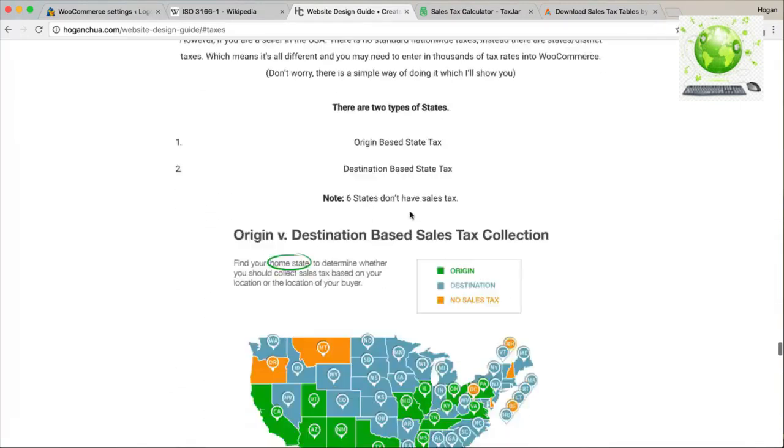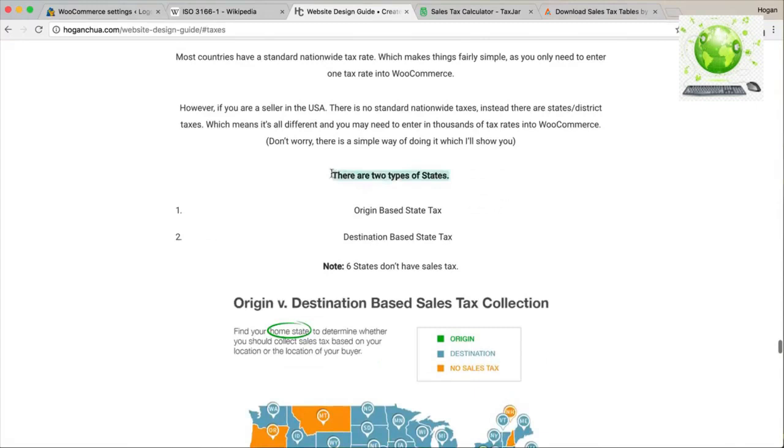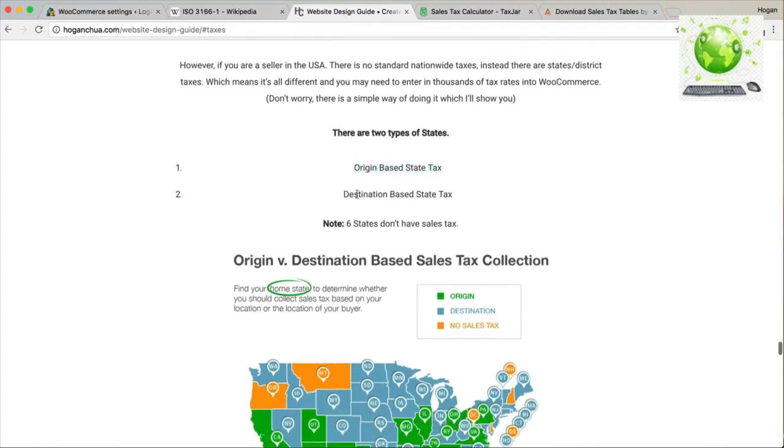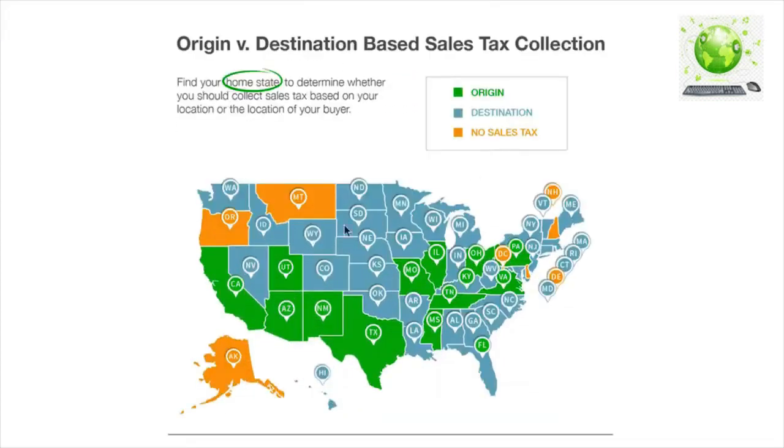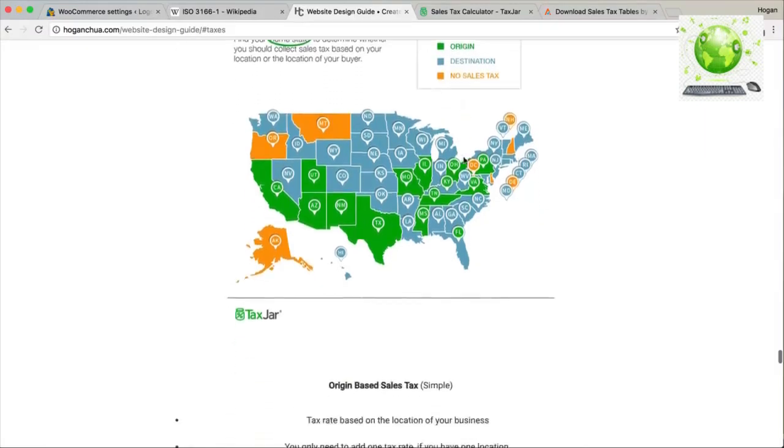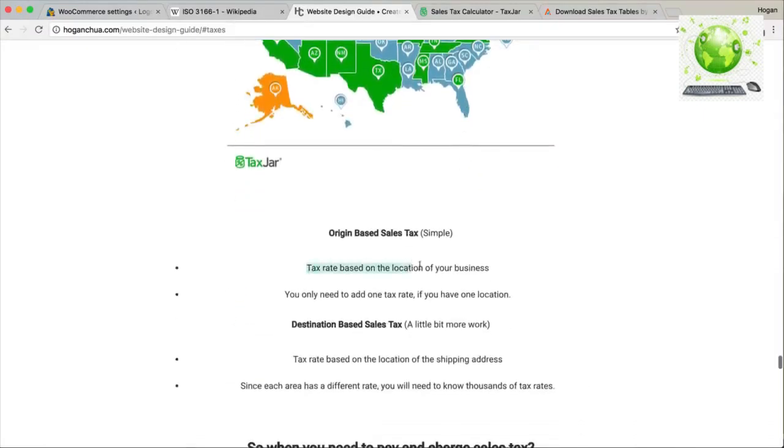So what we need to do first, if you're living in the United States, is determine which type of state you are. So if you're origin based or destination based, you can look at this map here and check out which type you are. Okay, so for example, if you're living in Texas and your business is operating in Texas, that means you'll be an origin state. And what that basically means is the tax rate will be based on the location of your business. So for example, your business is located in Houston, Texas. Your zip code is